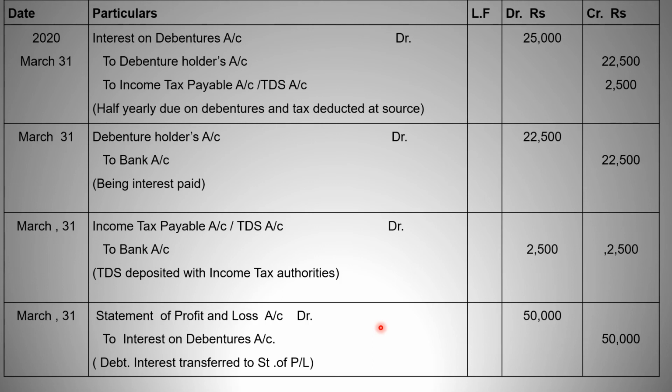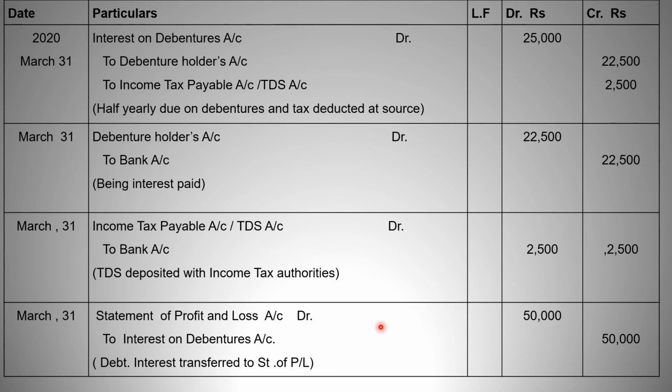We must have to transfer to profit and loss account. After that, net profit, net loss can be calculated. If it is an appropriation item, that time company's profit can be seen. If profit is there, that time it will be transferred, otherwise it will not be transferred. So this is the difference between two, appropriation item as well as charge against profit item.